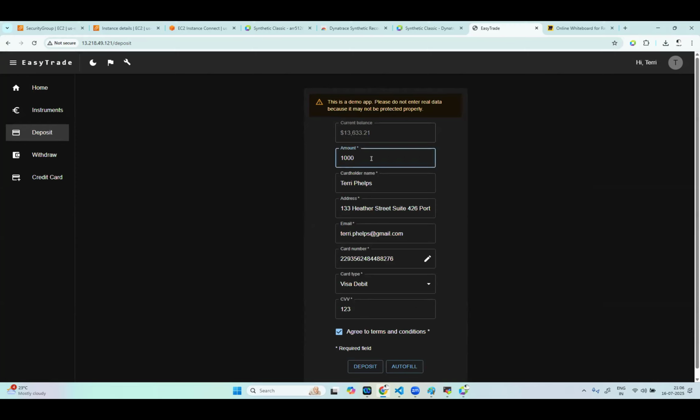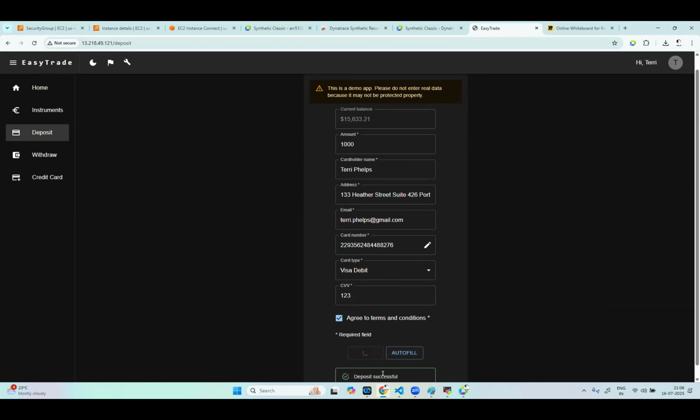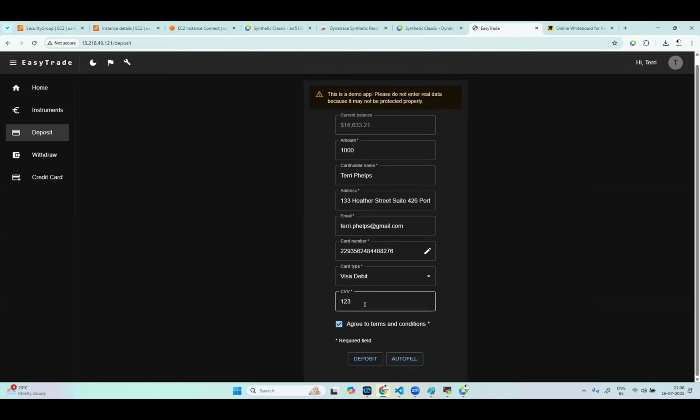If I give something instead of 1, 2, 3, like 2, 3, 4, my application does not accept it. Now this is a dummy application. You see, anything came? No. When I'm giving autofill and deposit, what is it saying? Deposit successful. You have seen that, right? You see here in the DOM, deposit successful. Now I am giving the autofill, and instead of the CVV number, I'm changing it to 345. I'm trying to deposit. What is happening? Still it is happening because any value is accepted. That is the reason you have to